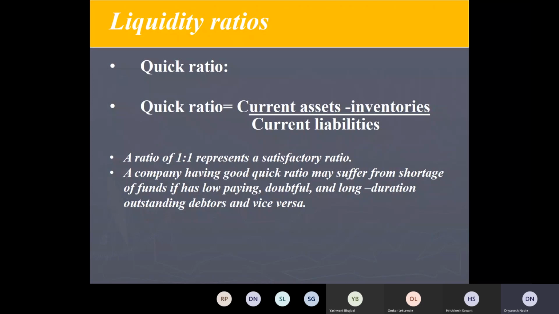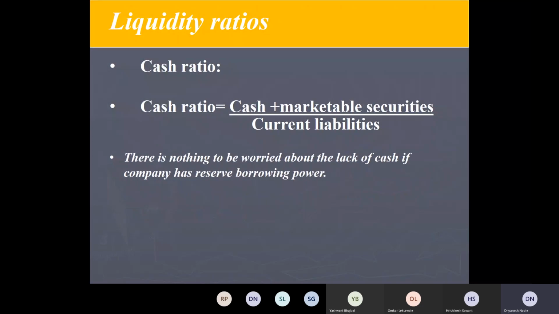Okay, so going further, there is the cash ratio. If we are trying to invest our money into some firm, we can try to find out what the cash ratio is, meaning whether the company into which we are investing is cash rich or not. If they are cash rich, that means the debt is also properly manageable and could be paid. Whatever debt they have taken from the banks, they can pay through this cash reserve very easily. They will never face problems like the other companies which became bankrupt or insolvent because they were not able to pay the loans they had taken from the banks.